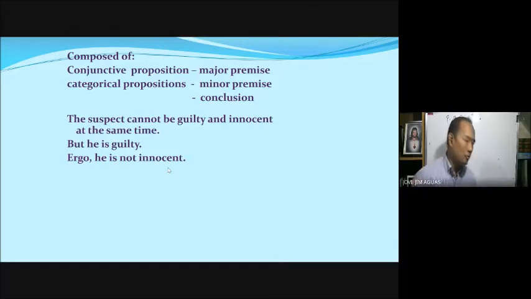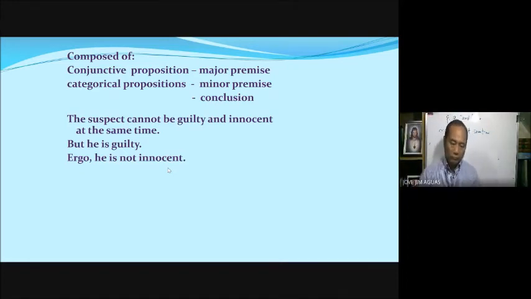If you're going to write the schema, it will be like this: cannot be P and Q. So this is rather a modified schema. Normally we put the same time to indicate simultaneity. It's at the same time. So instead of or, we use this, but it's the same, because